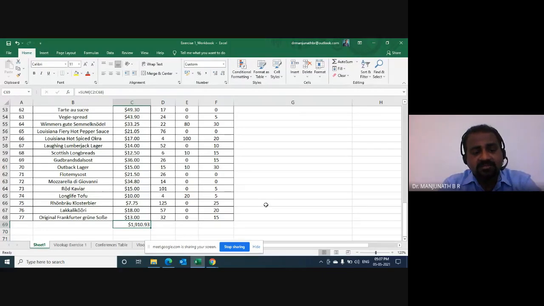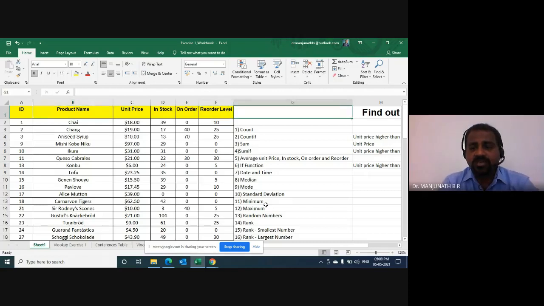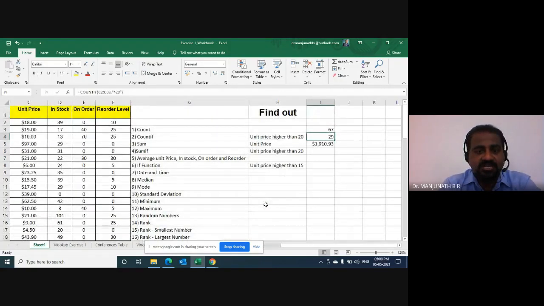Now I trained you in the last class using the Shift button. I will click on the right arrow key for the D, E, F columns. You can see over there now the cells are selected. I do Control R. R stands for Romeo. And you can see automatically the sum total is filling up for the D, E, F columns. So this is what we did in the last class. That was just a quick summary of what we did.